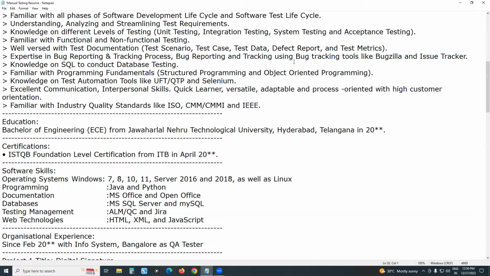Using Bugzilla and issue tracker. Bugzilla is a defect management or bug management tool. Using a test tool, you can manage defects, or using an Excel sheet you can also manage. But nowadays, companies are using any one tool for defect management. You write this one. Next,